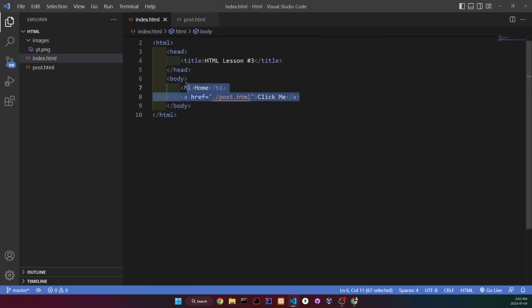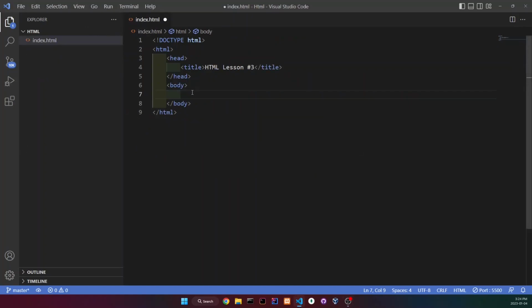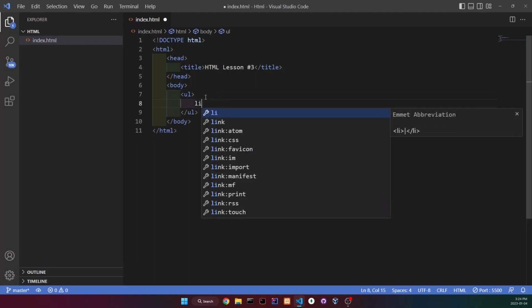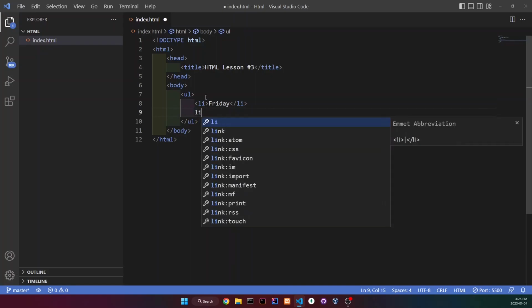So delete the code from last lesson, and we can delete the post.html and the images. All right, now let's start with the most common list, which is going to be the unordered list. So you're going to want to type in UL, which stands for unordered list, of course. Hit enter, open it, and inside it you want to type in LI, which stands for list item. Now inside it you can type whatever you want, but I'm going to type in the days of the week and not in order. So I'm going to start with Friday, and then we're going to have another list item, and